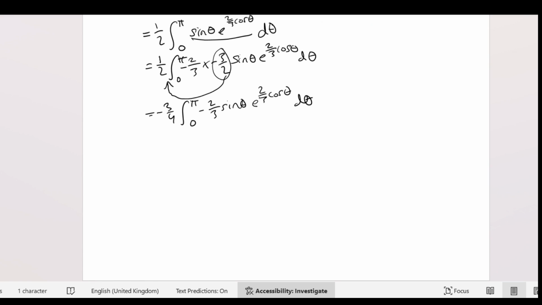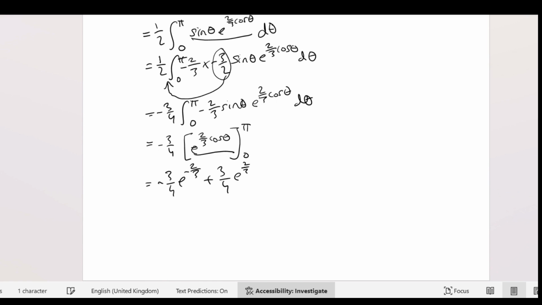Now we just do some simple integration, and that gives us negative 3/4 in square brackets e to the 2/3 cos theta between pi and 0. Now we just plug in pi and 0 into this expression, so we get negative 3/4, and cos of pi is just negative 1, so that gives us e to the negative 2/3, and then negative negative is positive, so we have plus 3/4 e to the, and cos of 0 is positive 1, so we just have e